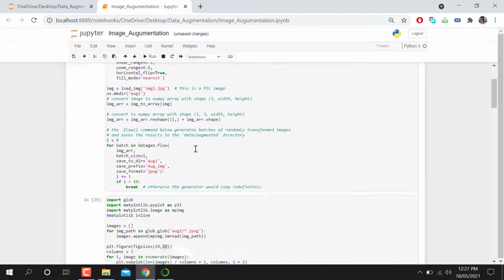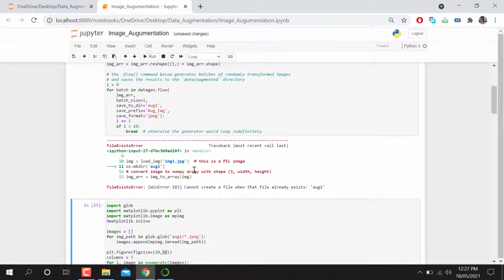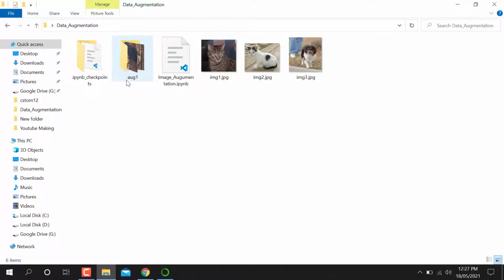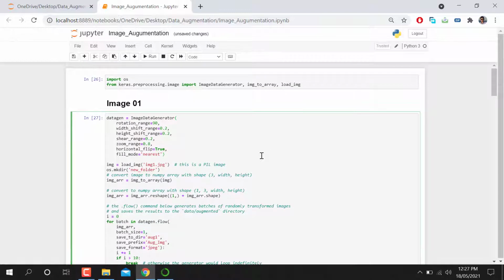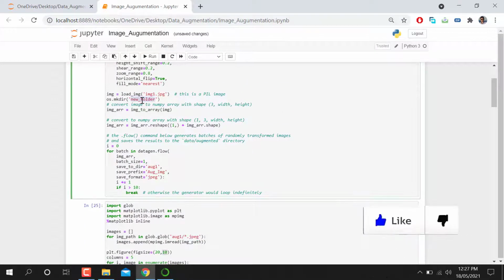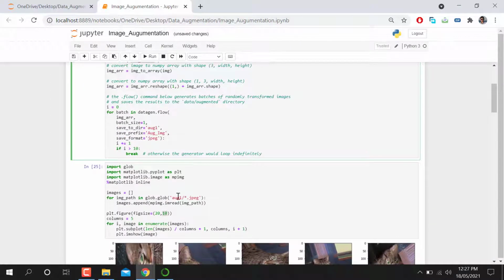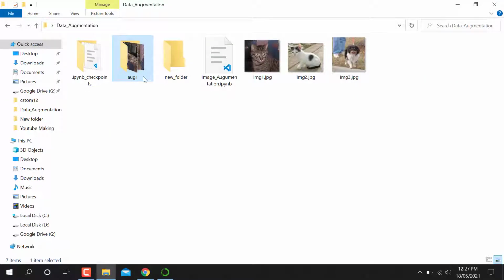Let's suppose if you run this one again, you can see it will show me an error. So why is it showing me an error? Basically, I ran it and it automatically created a folder, so you have to change the folder name next time. You can make it whatever folder you like. Let's suppose I'm making a new folder, so it will make a new folder here. When I make a new folder, I simply copy this one and call a new folder here. So you can see it will show me the data set in a new folder.